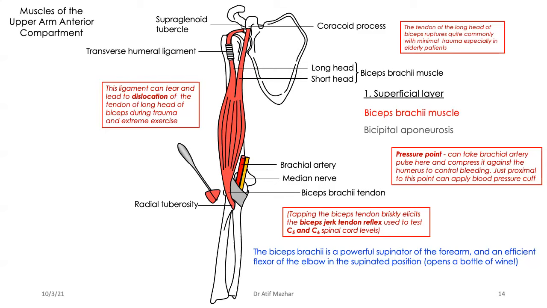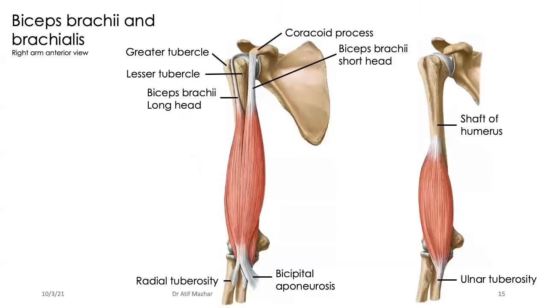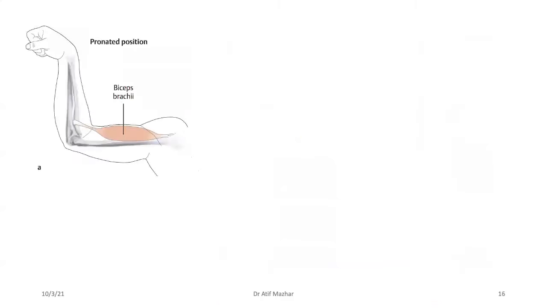And the example has been given when you open the cork of a bottle. Now, you can see in reality the different parts, and on this side you are looking at, under this biceps, the brachialis muscle. Brachialis is the strongest, the prime mover, flexor of my elbow joint. You can see that it's coming from the lower shaft, anterior aspect, and it is going to a tuberosity. Shortly, we'll be looking at this.